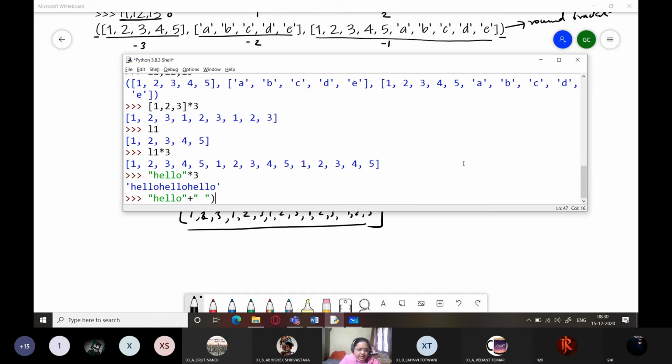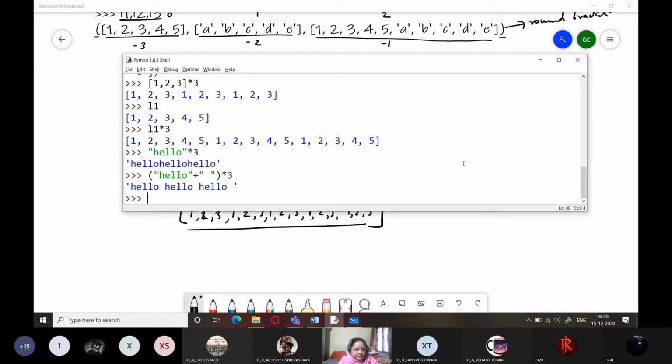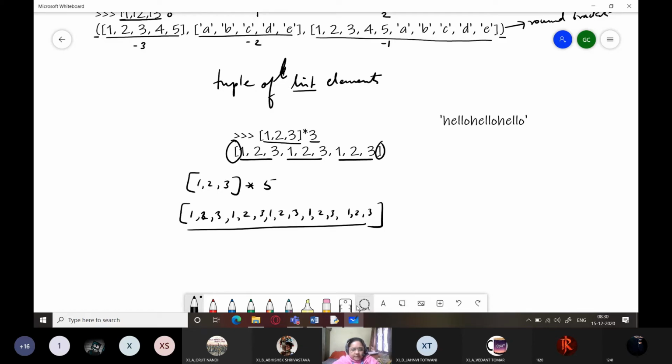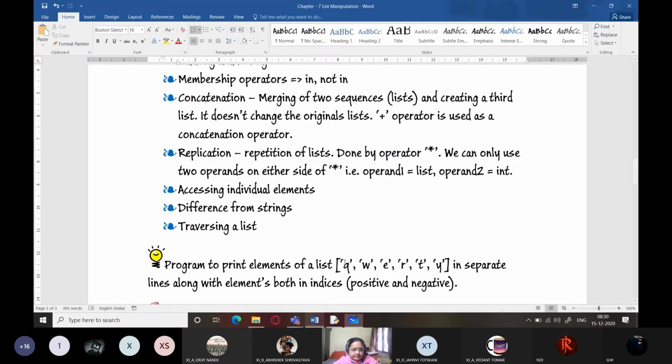I'll be using a bracket because obviously multiplication will have more preference over this. So this way I can get a hello. What I did is I just concatenated a space along with this hello, and I'm getting it like this. Is it clear to everyone?